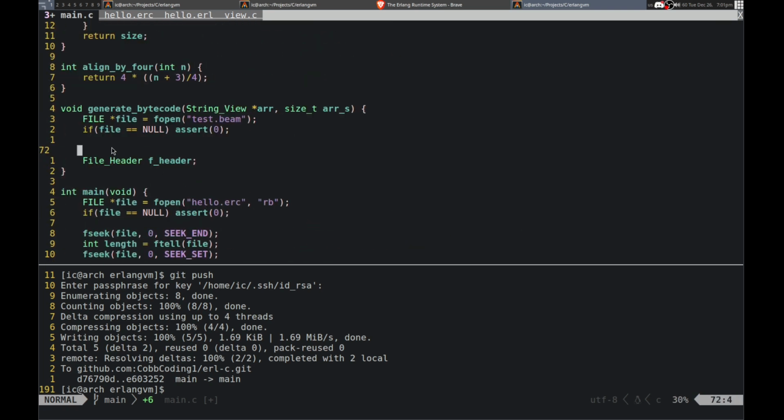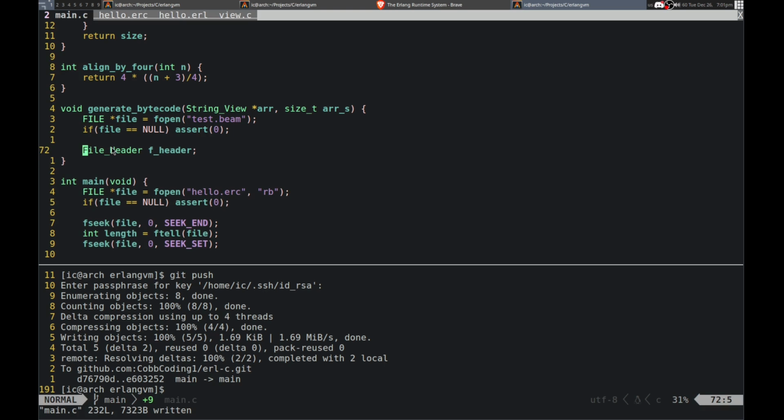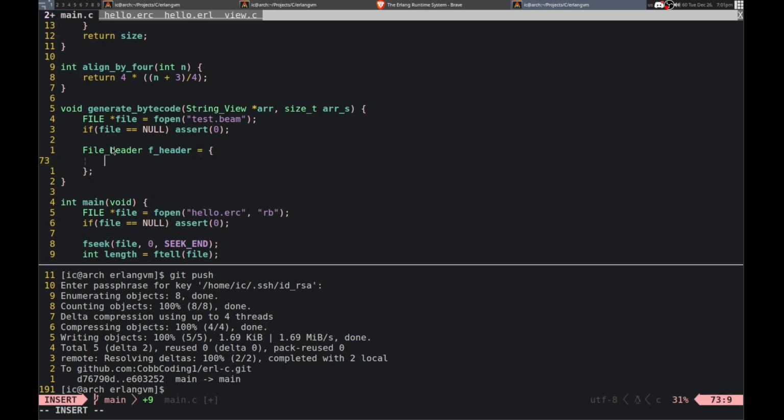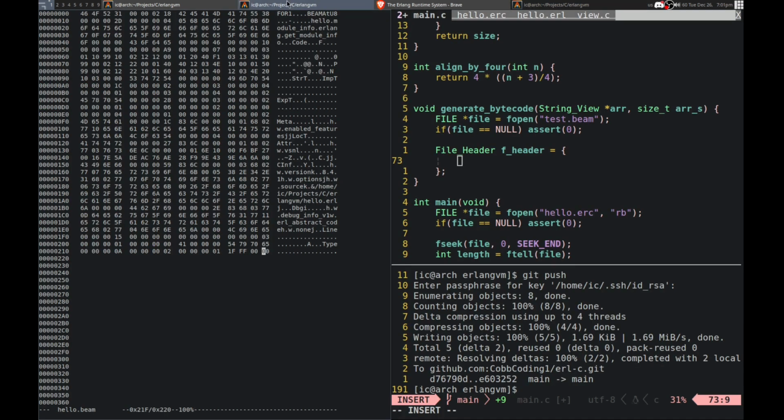So we do need the size of the stuff generated, so we can't quite do that yet. So I don't know how that works exactly. That's interesting. Because we don't have the size of the total bytecode. So I don't know how that's going to work. Now we need to write that after. So we need to like generate the bytecode and then do this. So I'm not sure exactly, but the rest of it is pretty simple.